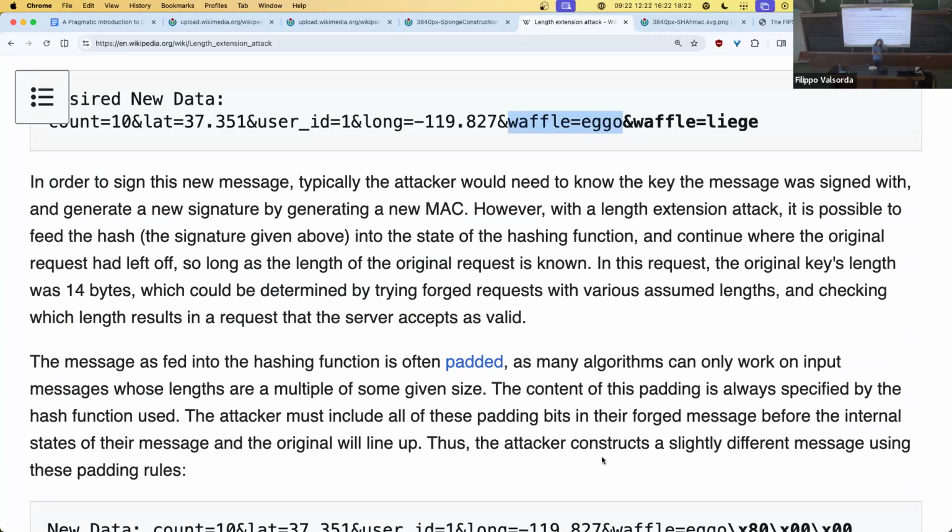So putting the key at the beginning works in the random oracle model as a key prefix. It doesn't work in practice because many hashes are Merkle-Damgard. Does it work with sponges? Yes, of course it works with sponges. Sponges are better than Merkle-Damgard. But no, we don't have sponges, so we have to come up with something else.